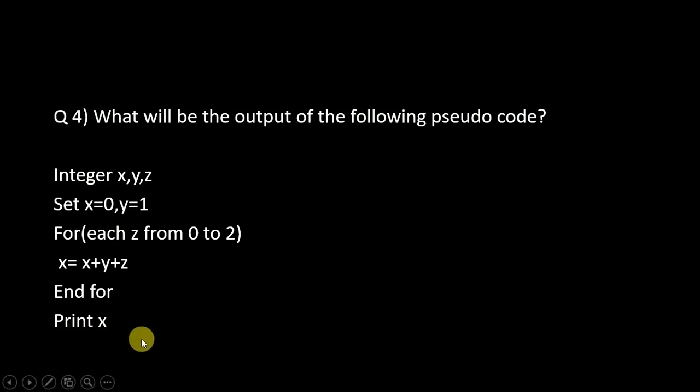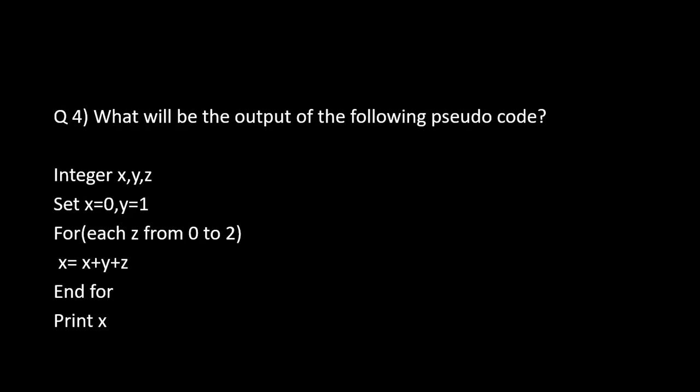First of all, we will understand this for loop. What is the meaning of this for loop? So first of all, I'll tell you. You can see this for loop means simply this: z equal to 0, and z will run while it is equal to or less than 2, and we have to simply increment it after every loop. So here you see that we have just defined it.